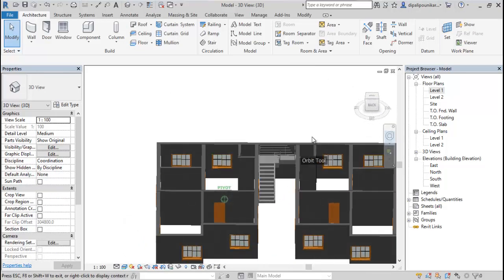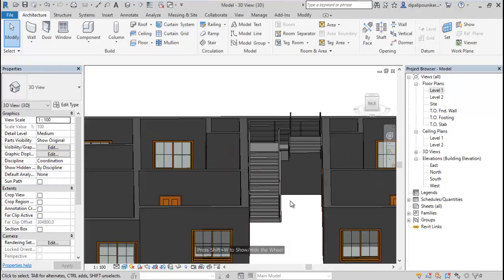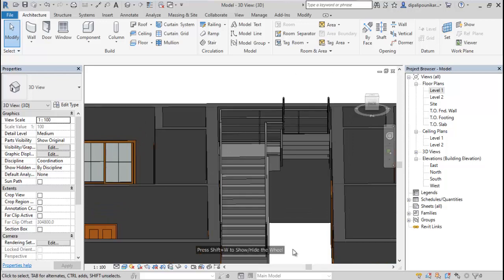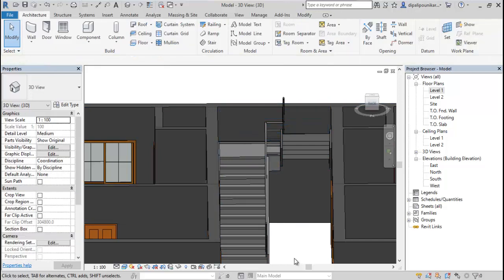So now you can see the three-dimensional model, which becomes like this, and it is quite good compared to the last video. You can see, very easy. So the people who are going to the next story can easily go like this and come over here. If you want to delete this particular railing, you can click on that. So interior railings can be deleted, and make sure the exterior ones stay as they are, and that is very important.